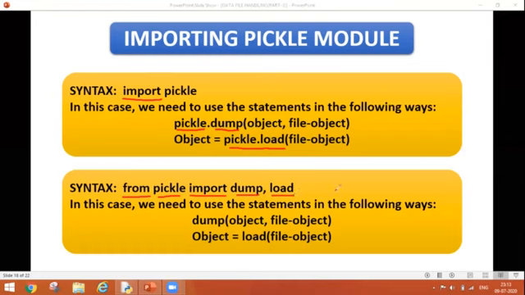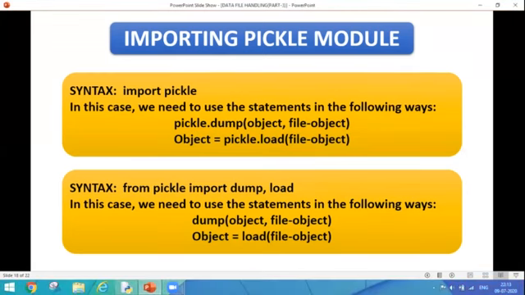And once I'm using the from keyword, I need not use the pickle name again and again along with my submodule name. So directly I can use dump and load. So these are the two ways of importing the pickle functionality.